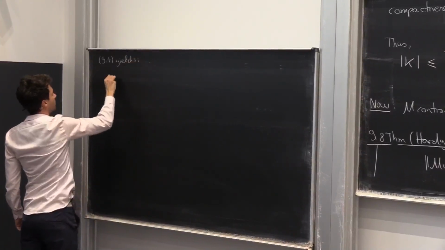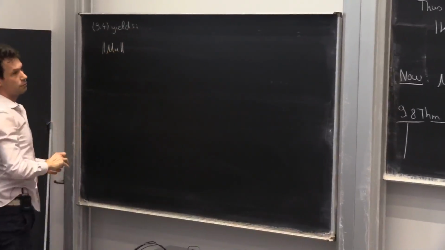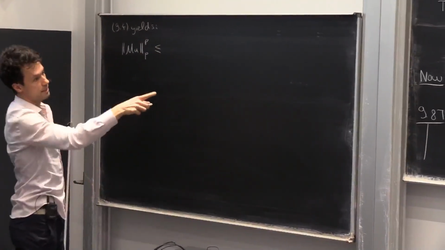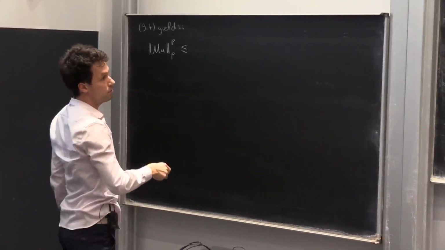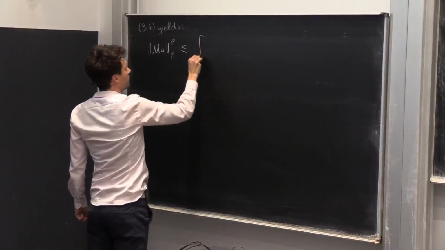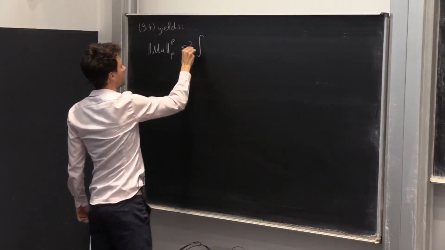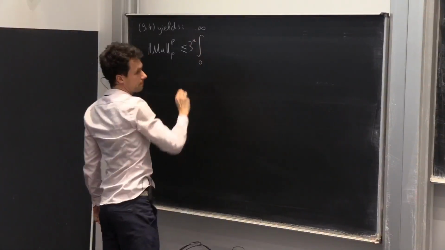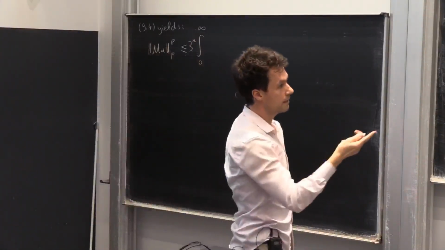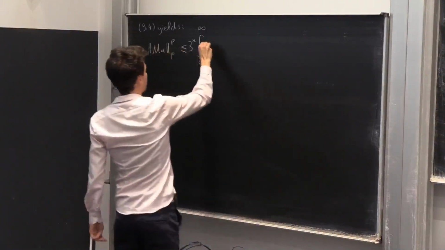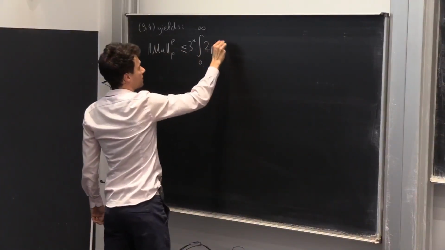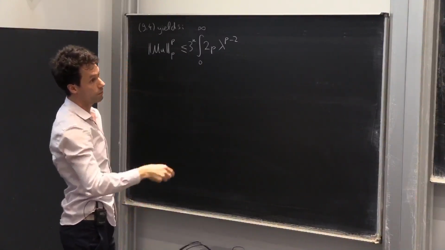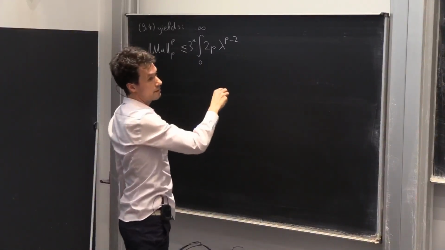Yields the following. So the p norm of Mu to the p is going to be, now I'm inserting the bound on the super level sets, so it gives me 3 to the n, and it gives me an integral from 0 to infinity. Now I have to play a little bit with the powers of lambda, so it's going to be 2p, then lambda to the power p minus 2, because I'm dividing out one further lambda, and then this is going to be